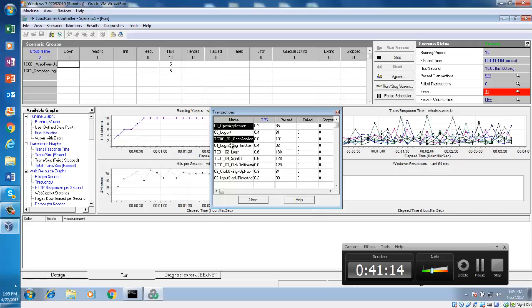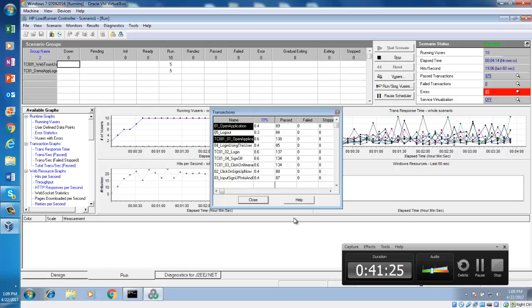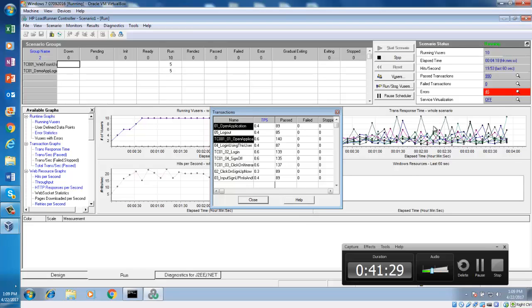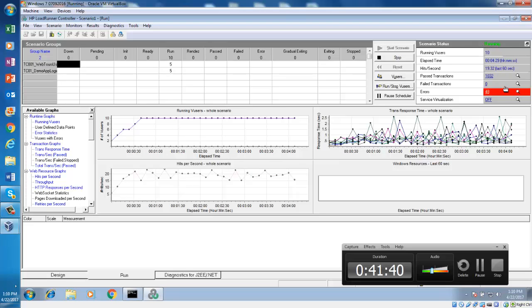Okay. Now, guys, look here. This script name, this transaction name. By seeing that, I cannot tell which script it is coming from. I can see that there are no failures, right? But why is this error message coming? If there are no failures, then why is this error message coming? Can anyone answer me? The script is passing, but why is this error message coming?